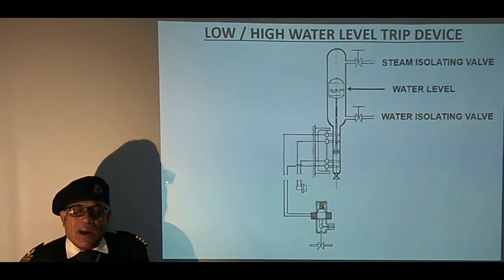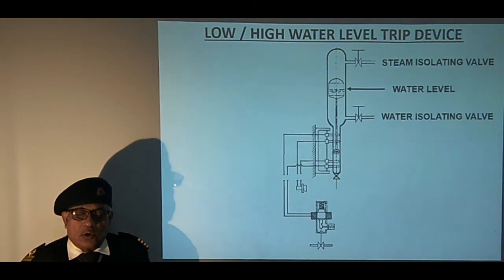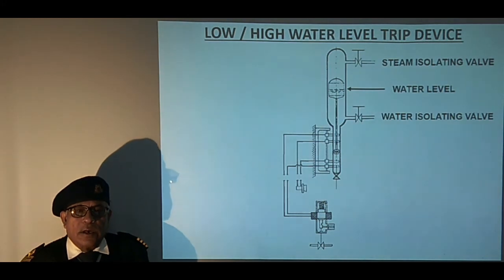This method required a long time to restore the operation of the boiler as the fusible plug needed replacement. This method has been replaced by a low water level trip device in modern boilers as shown in the sketch.